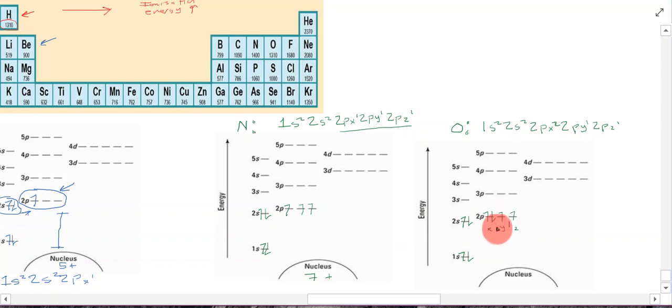So what that means is that there's more of a push away from the nucleus caused by these, there are more electrons in a smaller space with oxygen than is the case with nitrogen. So here you have 1, 2, 3, 4 electrons in this space, whereas with nitrogen you only have 3 electrons in this space as well. So that extra electron repels the outermost electrons, and as a result of that, it's just a little bit easier to pull away one of these electrons,